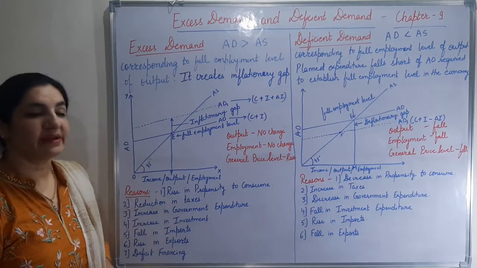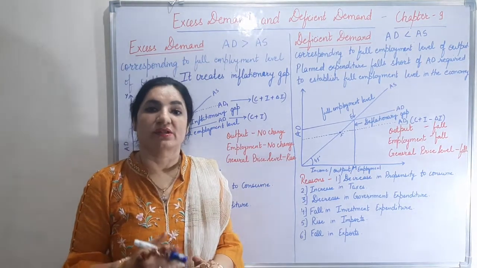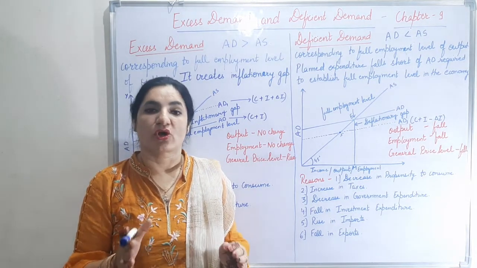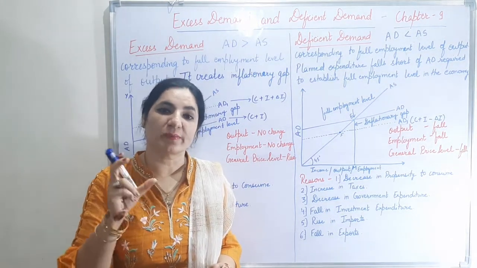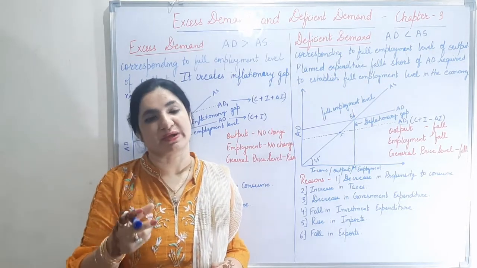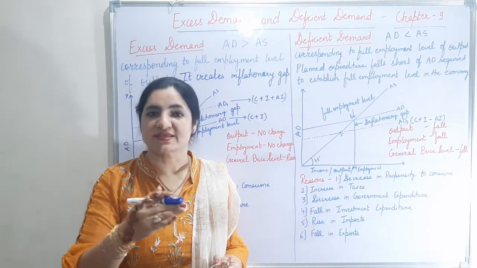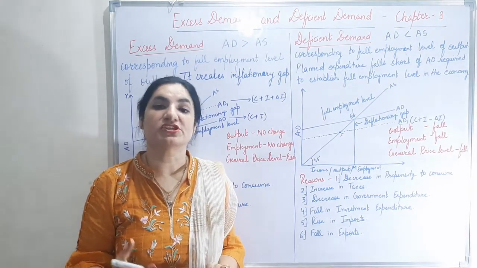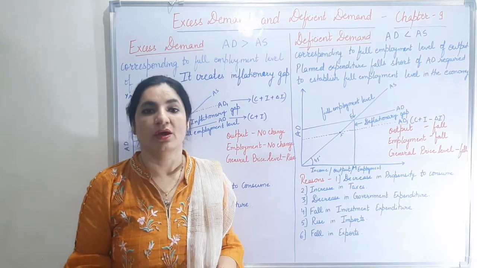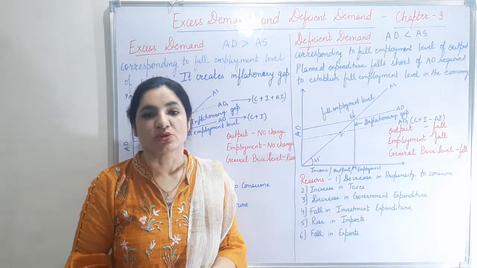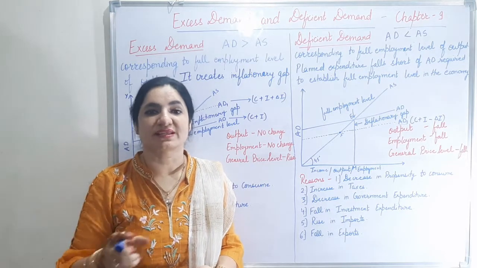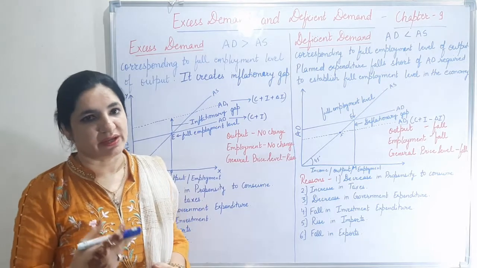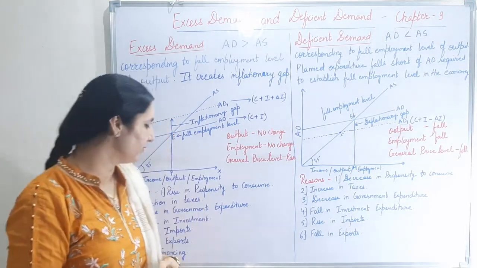Next is reduction in taxes. If taxes are reduced, the disposable income increases automatically because of the percentage of taxes to be paid to the government, that is paid out of the income of the people. Disposable income means the income which people can spend freely on their own consumption. So first taxes are paid, whatever is left over is called the disposable income. So when disposable income will increase, the aggregate demand will increase.